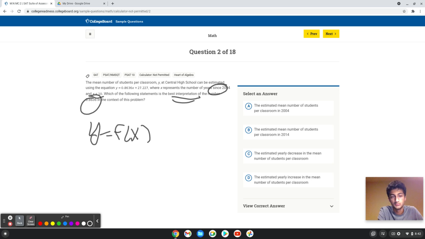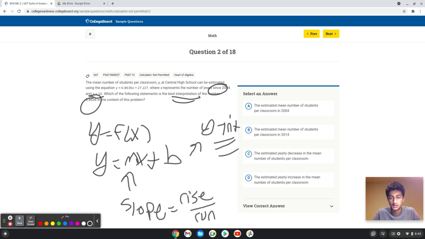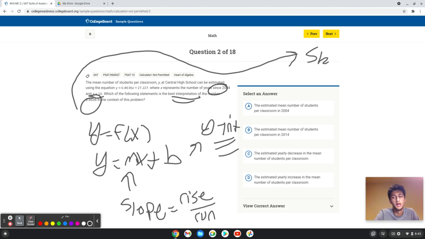Okay, so looking at the problem from a y is equal to mx plus b perspective, you're making sure you understand that the m will always represent the slope, which is the rise over the run, and the b will always represent the y-intercept. So 0.8636 will have to represent the slope. And in this context, it looks like the slope is going to be the number of high school students gained per year, right? Because if you graph this plot,